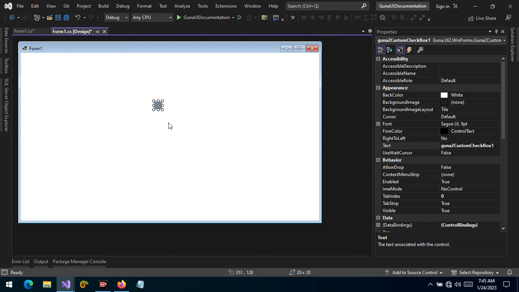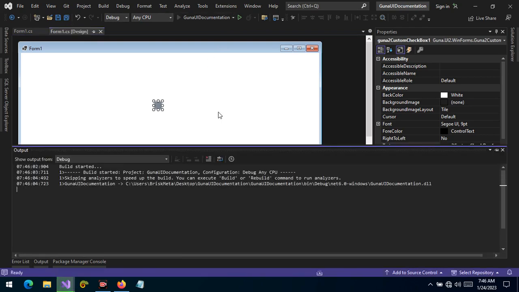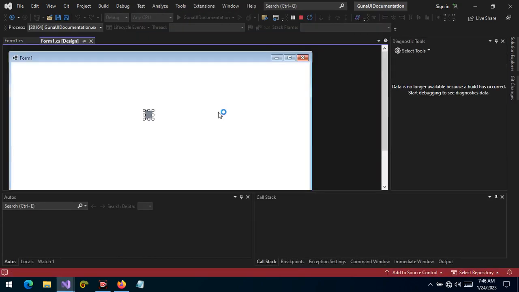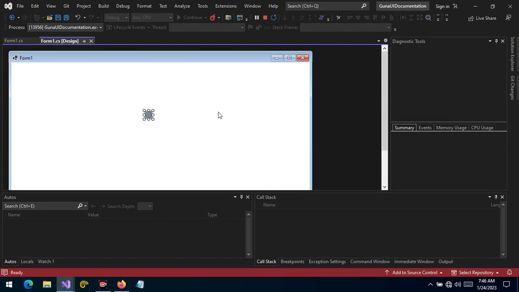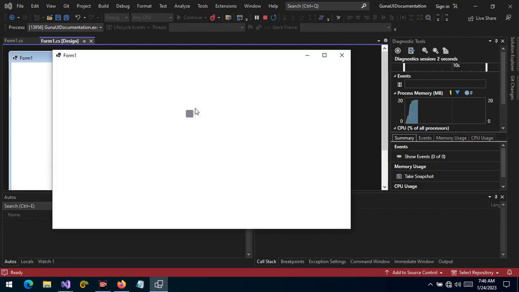As we can see, the default custom checkbox control does not come with a label, but we are going to show how you can provide a label to this control. So out of the box, we just dropped it, and let's run to see what we get. Let's wait for a moment. There you go. There is our checkbox control, and as you can see, we can toggle between two states, true